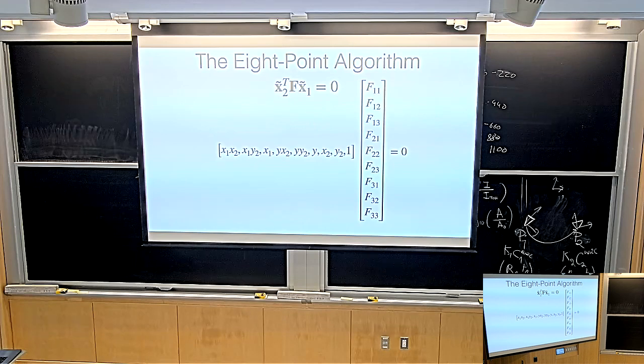The way we're going to do that is we just write this whole thing out as one big linear system. I hope this looks confusing, but it's really not that confusing. It's just you multiply this thing out. And if you multiply it out, you get something that looks like this.